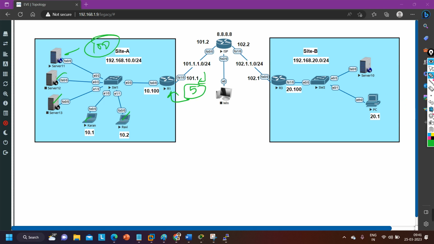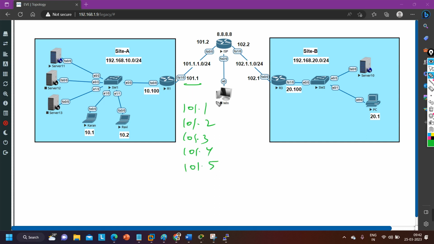In dynamic NAT, what you will do? Actually, you will purchase a pool of public IP addresses. Suppose you have purchased 101.1, 101.2, 101.3, 101.4 and 101.5. So how many IP addresses are you using? One over here on this interface and one public IP address over here. How many free IP addresses are there? 3. So you can create a pool of these public IP addresses, and you can configure dynamic